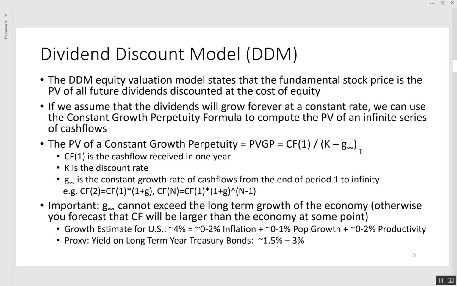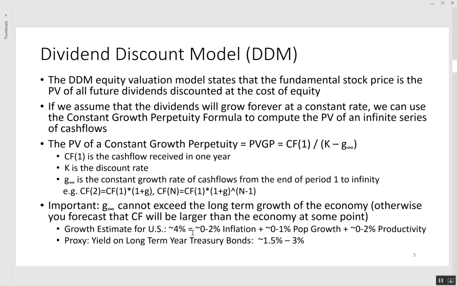So the general advice is you never want to have that growth rate greater than your estimated growth of the economy. And we're talking about nominal growth of the economy, which includes inflation. Now, a rule of thumb is that's probably going to be less than 4% for the U.S. So I'm saying it's going to be a maximum of approximately 4%,